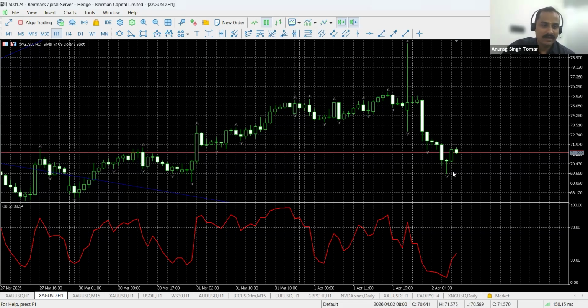Once the math is matched, that means debit and credit are balanced. You will see a sudden spike going below the low of this candle to hunt the stop losses. So it's better that you wait for the prices to do it, and help the big players of the market hunt the stop losses of the retailers.